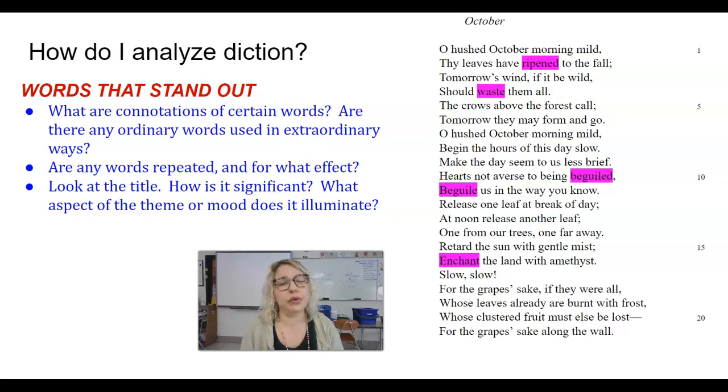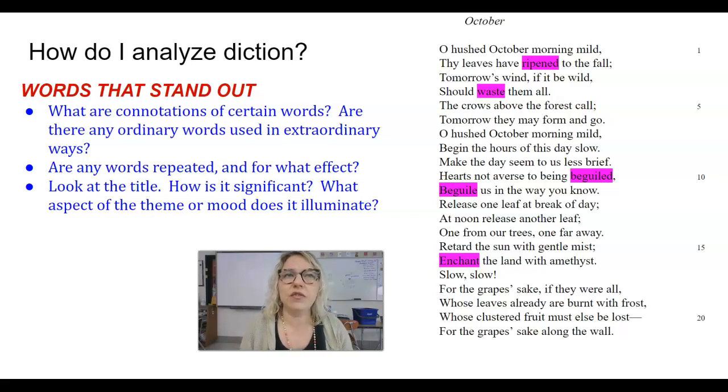There's nothing wrong with looking up words in the dictionary when you're analyzing poetry. I do it all the time. Now, when you get your poem in May, or whatever text they're going to have you analyze, you won't have the luxury of looking up words. However, they will usually give you a couple of definitions, and you can use those as you make sense of the poem. So denotation and connotation are both very important when it comes to poetry, and the connotation of ripened